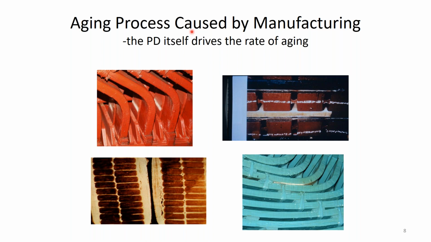And given enough years, usually well more than 10 years, sometimes 20, 30 years, that PD will eventually eat a hole through the ground wall insulation and cause a failure. But the process is very slow, and it's very slow because of that mica I told you about. Mica is one of the most PD resistant materials known to mankind,